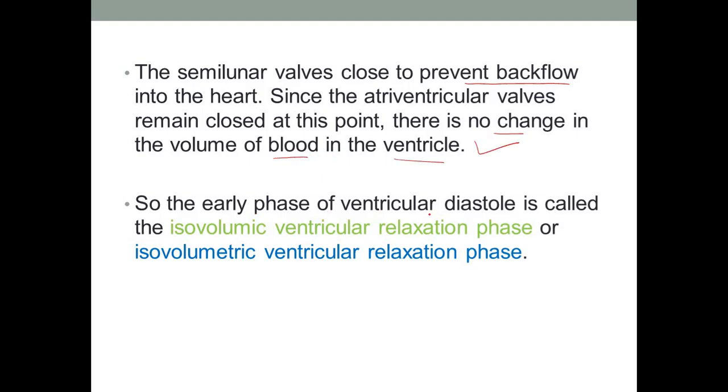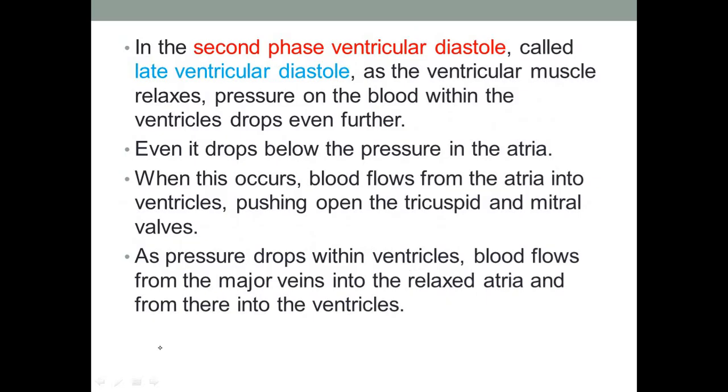So the early phase of ventricular diastole is called the isovolumetric, or isovolumic, ventricular relaxation phase. That is the first phase, and the second phase is called late ventricular diastole. As the ventricular muscle